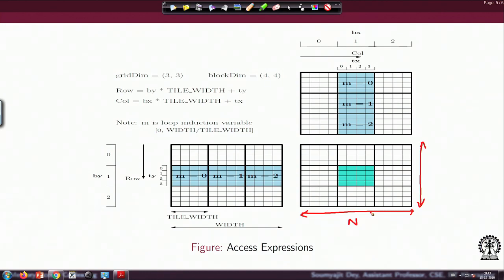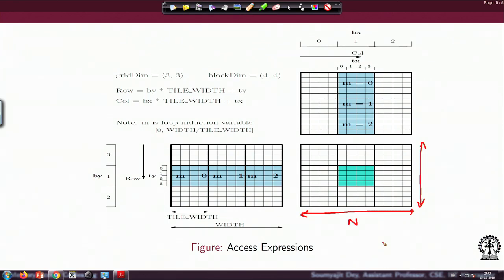As you can see, it maps nicely with our original idea that we are considering 2-dimensional matrices. So, I will consider the blocks in 2D, and inside the block things are also in 2D, and the blocks are also packed in 2D, because that would give me very nice access expressions. Now, how do I figure out a specific row and column for a given thread? Again, that would be quite easy.